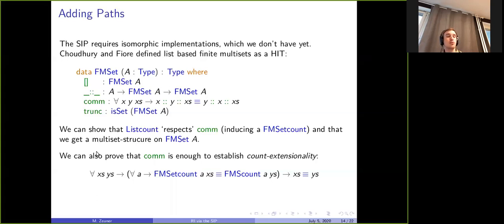We can also prove, and this is actually not so straightforward, that just adding this constructor com is enough. We can prove count extensionality from that. Given two finite multisets, or two FMSets, if they have the same multiplicity for each element a, then they're already path equal in FMSet. So this already shows us that we are on the right track here. This is what we want.